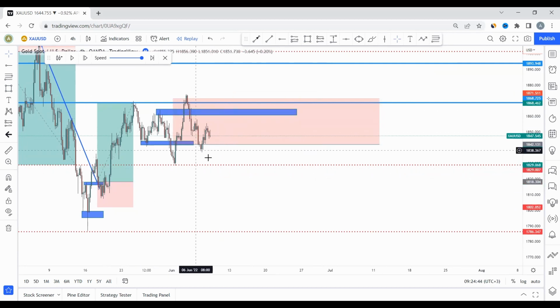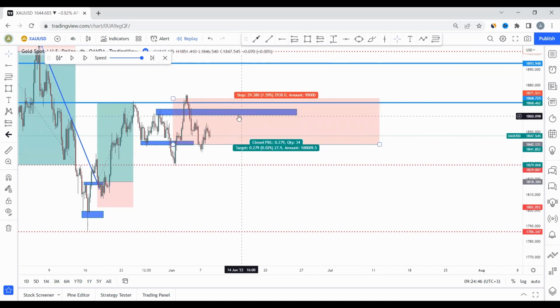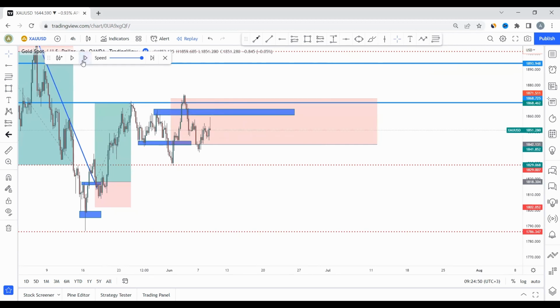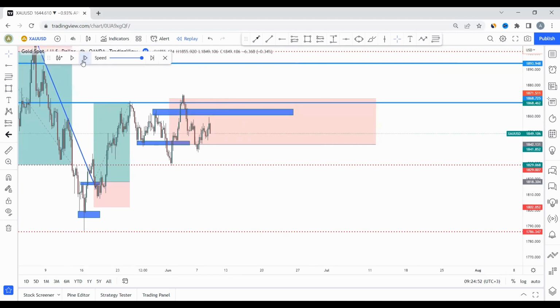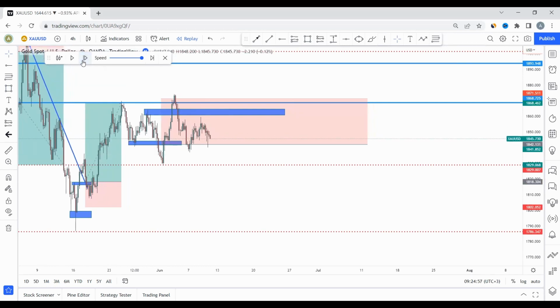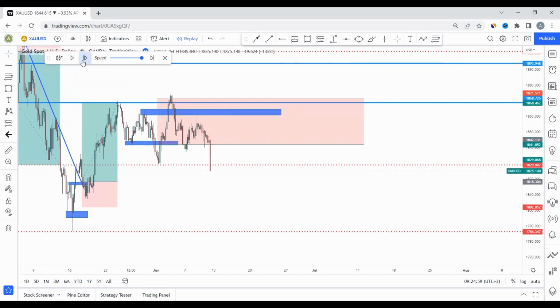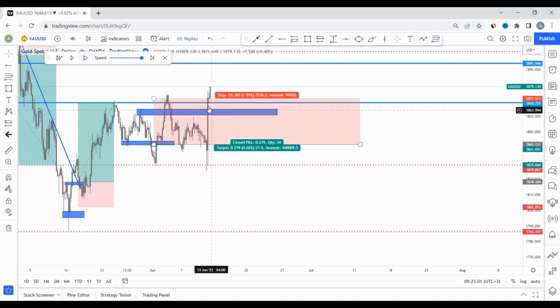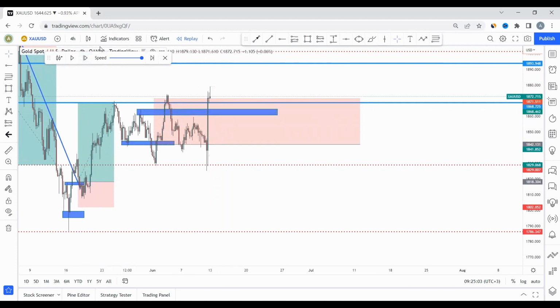Now, in this case, we have broken down. We need to come back and retest. The moment it comes back, we take again the trade. Are we together? So let's wait for the market to come back, right? It almost came there, but didn't reach. Will it come back there? If it doesn't come back, we have no trade. So the market came back here. I think here. So we are going to take our trade here.